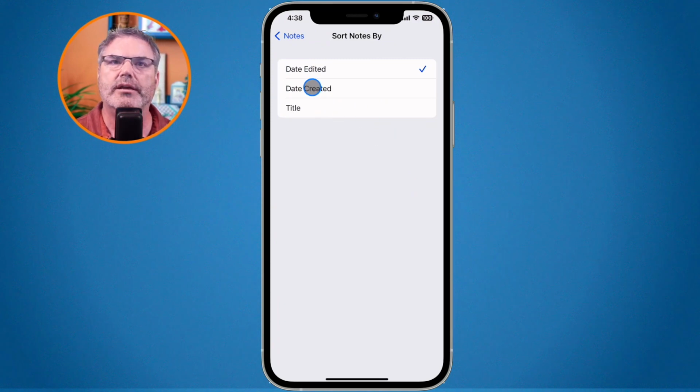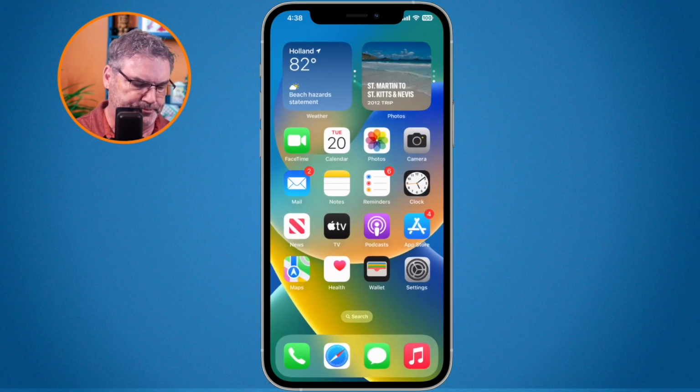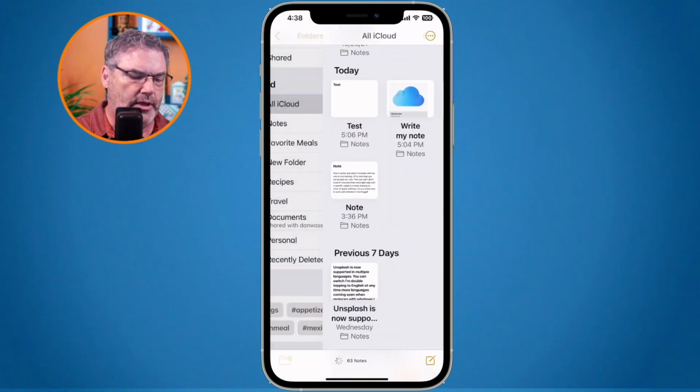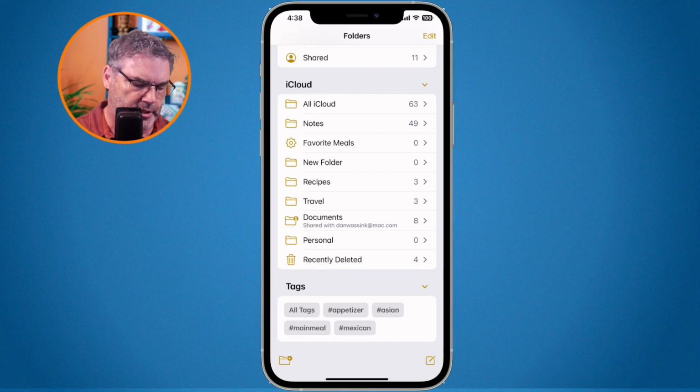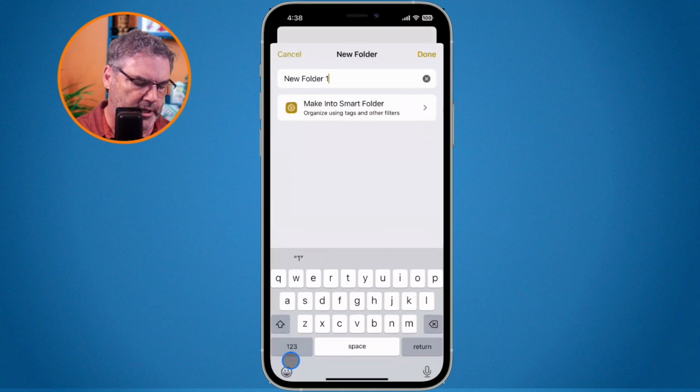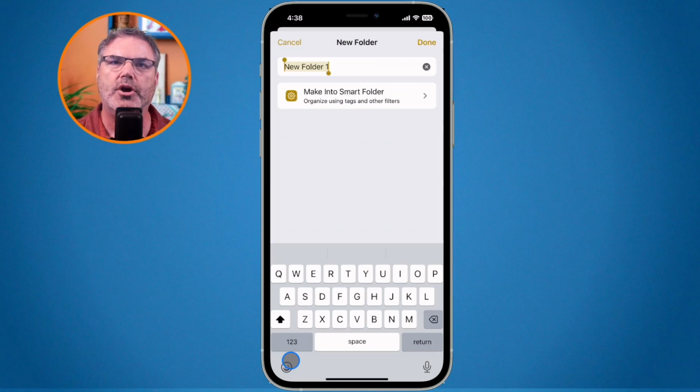We have new enhanced smart folders. Let's go back over to my Notes app. And when I create a new folder here, to do that, we go down the lower left-hand corner. What I'm able to do is create a smart folder. Now, a smart folder, what it does is it will automatically add a note to that folder based on specific